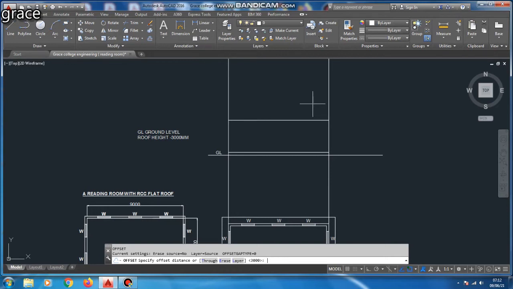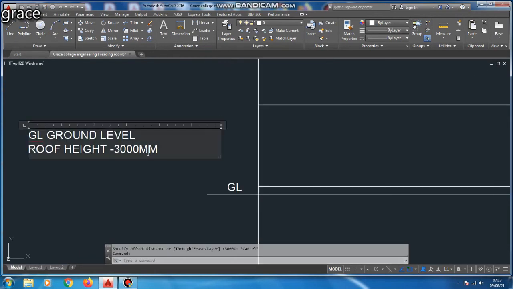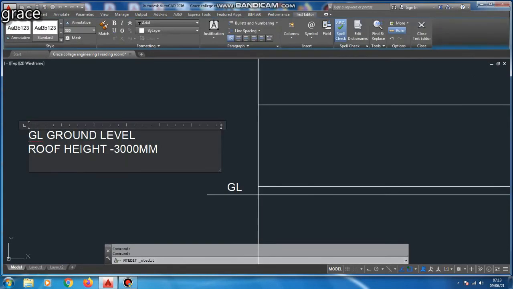And the roof thickness is 100 mm. I am going to use the same offset command to draw the roof thickness. Here I am going to add the specification, that is, the roof thickness is 100 mm.